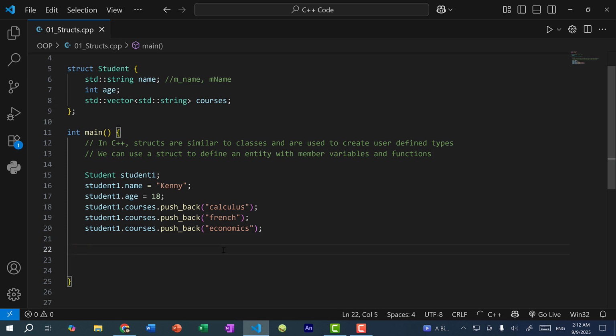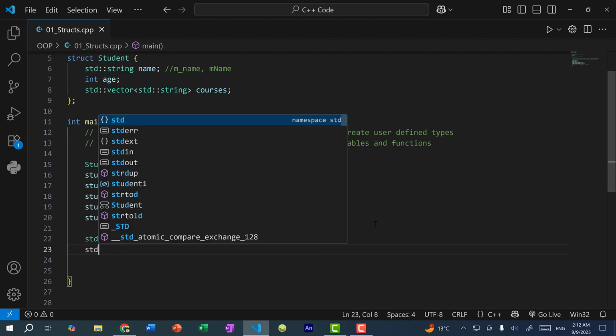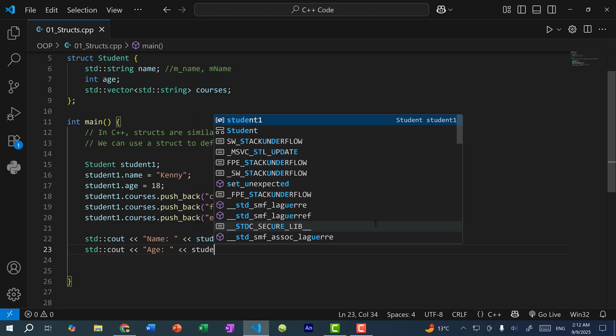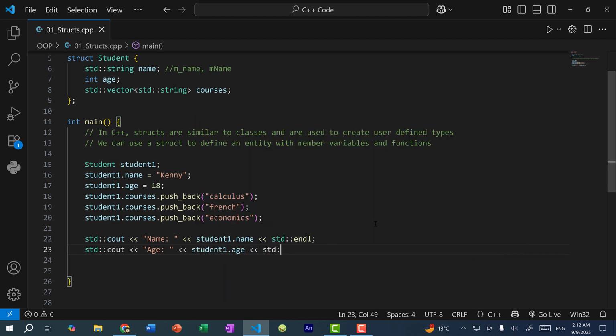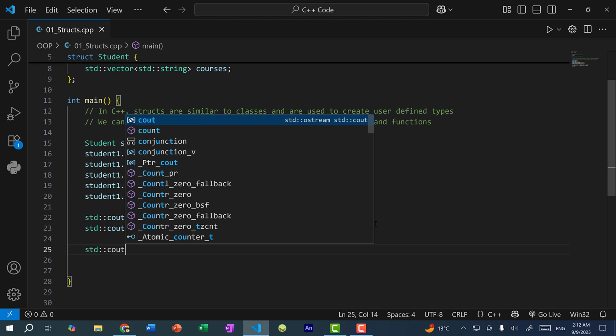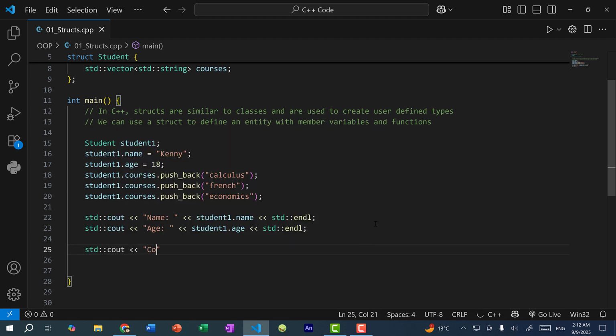So over here, I'm going to do cout name, student1.name, and let's add an endl, and let's also do the same for the other fields. So cout age, student1.age, and let's do the same for the courses. So here I'm going to do cout courses,